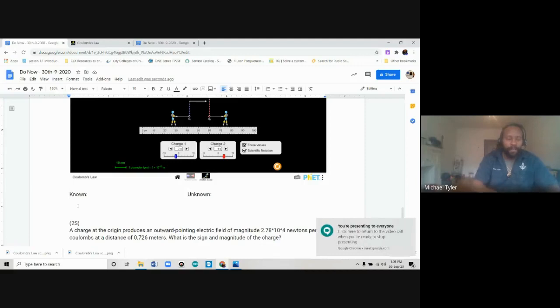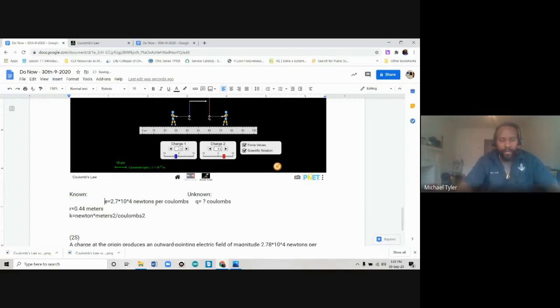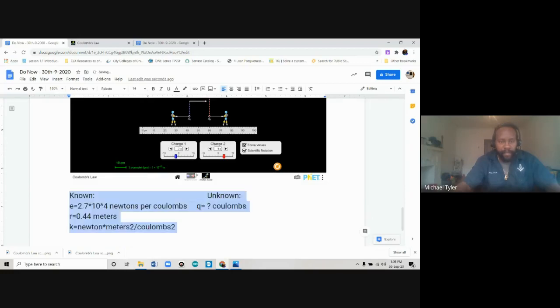So the first known value, this is a problem from last week. Get rid of this because it did it twice. And again, these are notes that Ms. Brown just gave us. Right? And this is at 10, so let me blow it up some so you can see it. Okay, so this is what we're working with. If you're like, where did she get that from? Well, one, this problem is a problem from last week. Two, if you read the problem